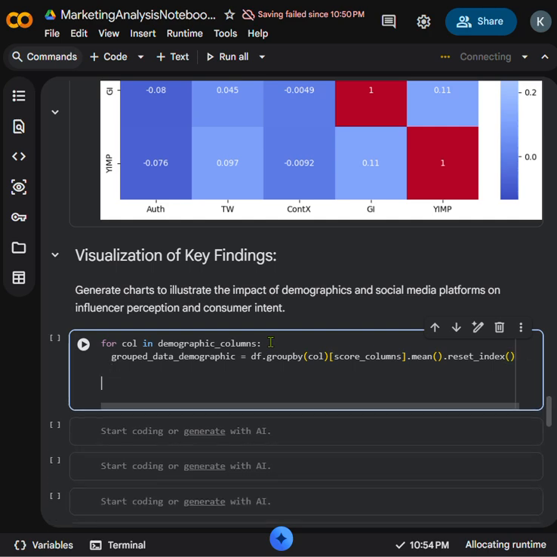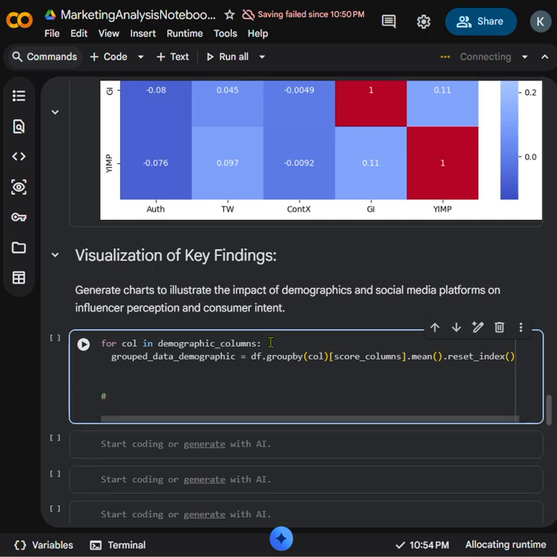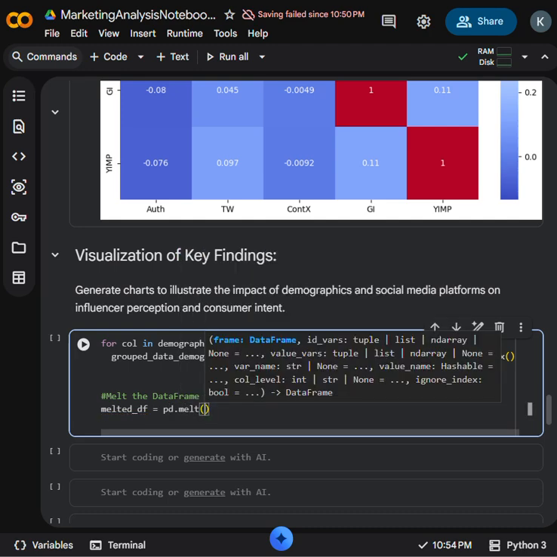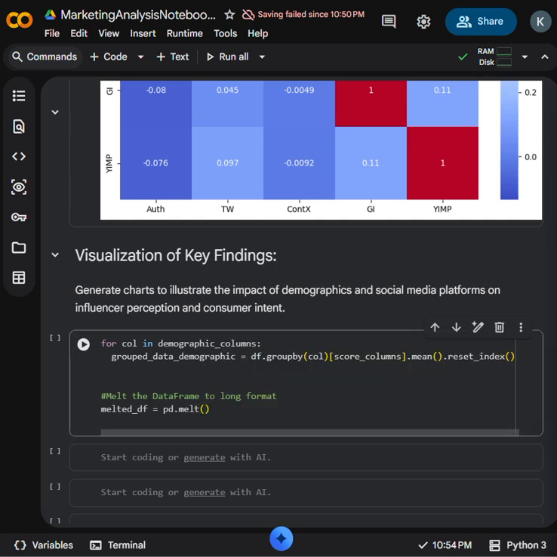And the next thing is what we call melting. Melting is almost like you're breaking it down, because if not, when we plot it, you won't like the way it's going to look. So we're going to melt our data frame. Let me save it to melted df. We use the method pd.melt. So we pass all the vital parameters. We are going to pass the name of our data frame,